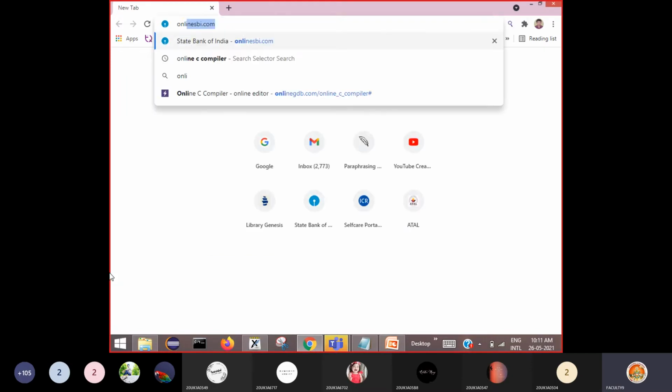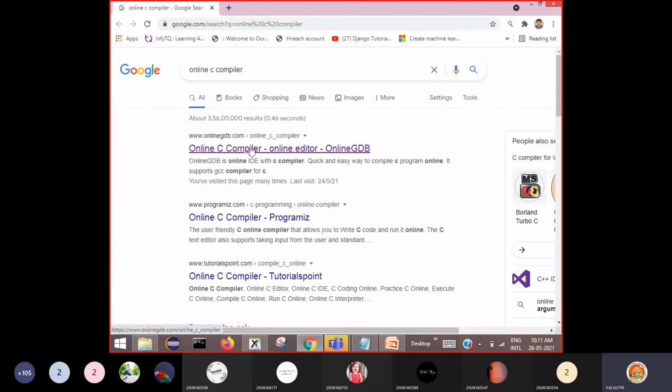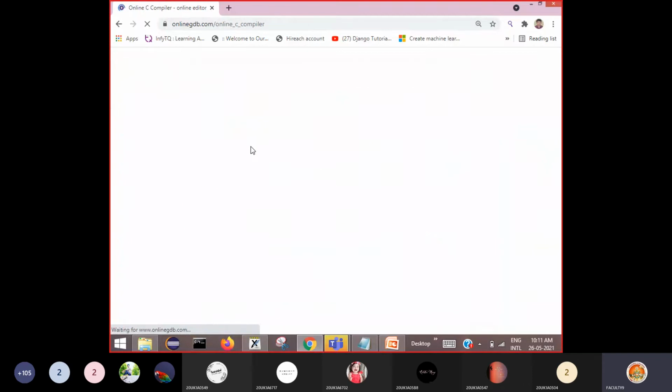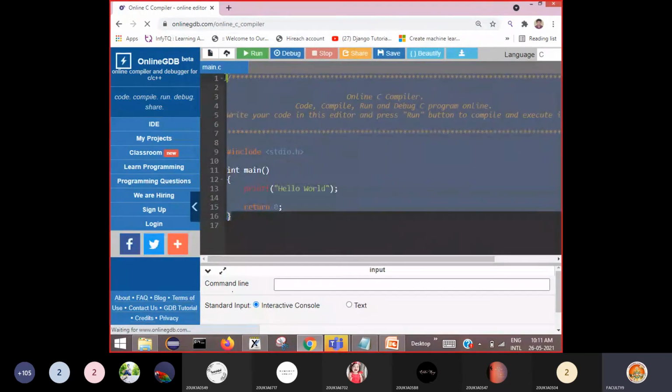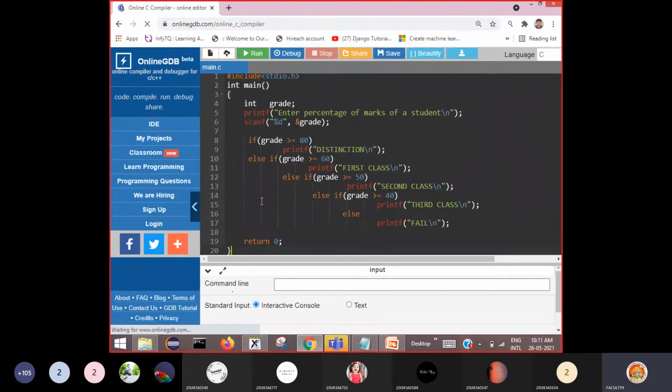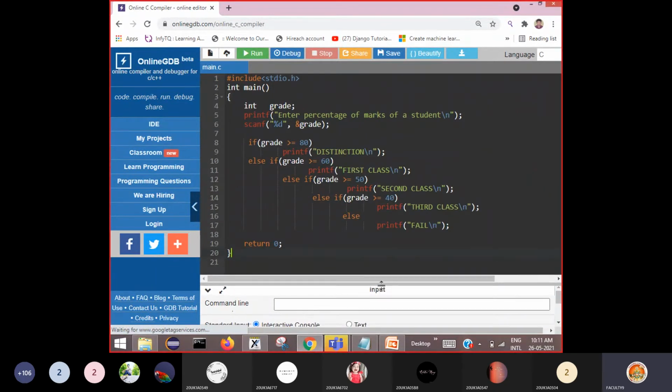Online C compiler will open. So then copy paste your code here. Okay, so this is the code.